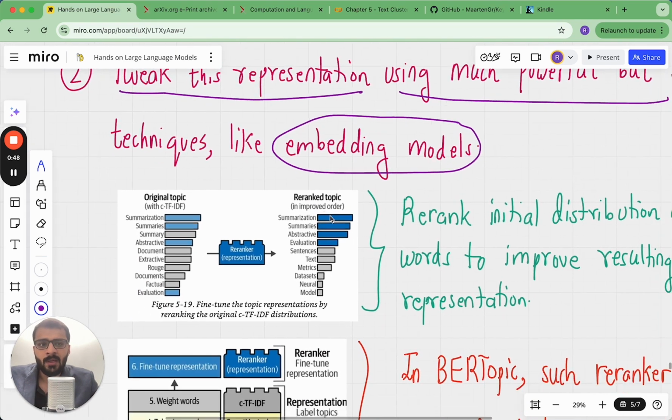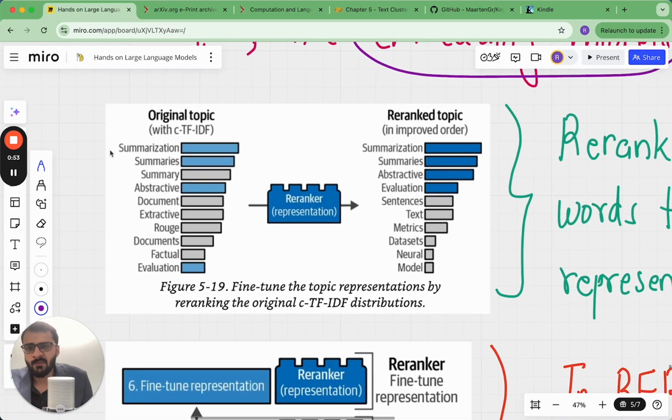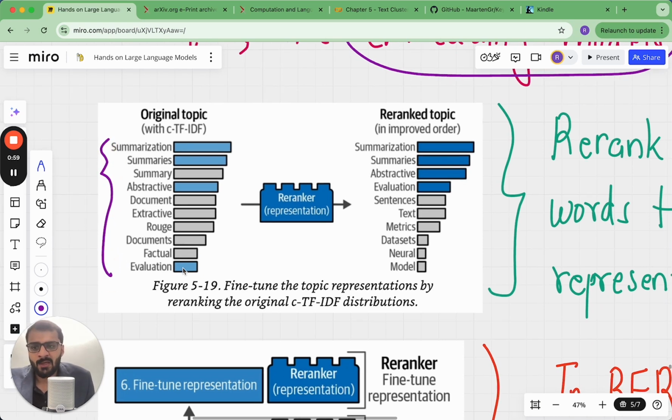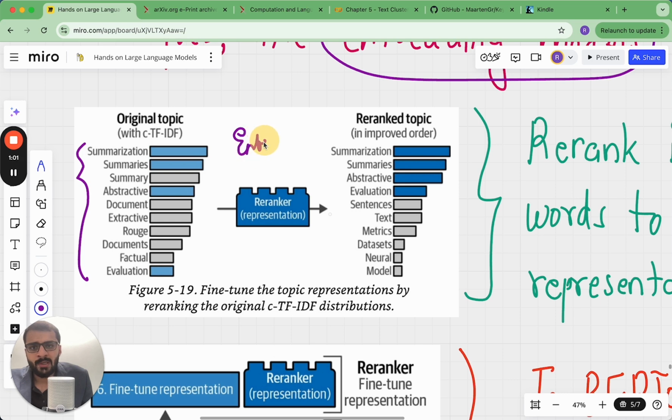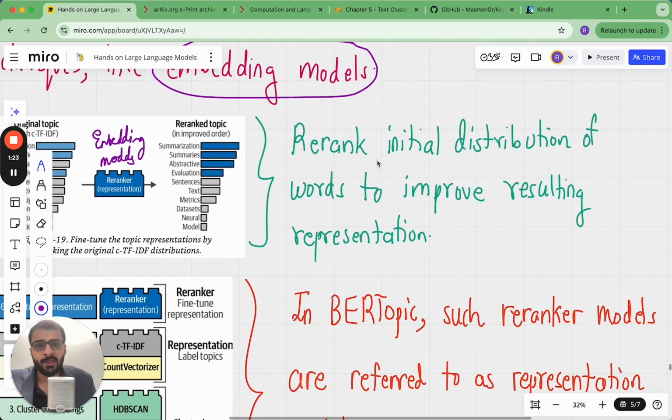which do contain information about meaning. Let's say using the bag of words approach, for one cluster we got these main keywords which should be looked at. We'll take this set of keywords, apply representation-based techniques such as embedding models, and re-rank these keywords so that the order of the keywords now carries information about which keywords are more similar to the meanings of the documents in that cluster. So we are going to re-rank the initial distribution of words